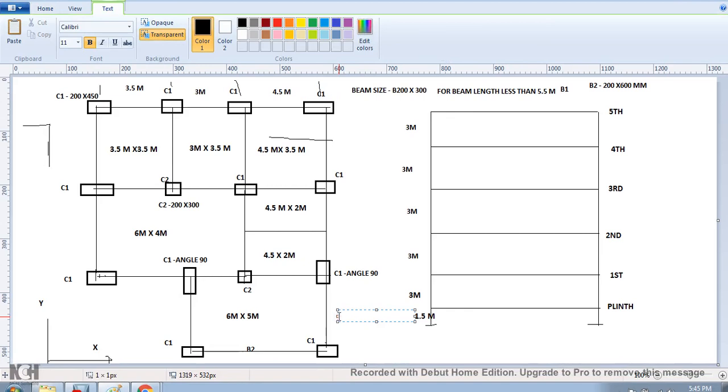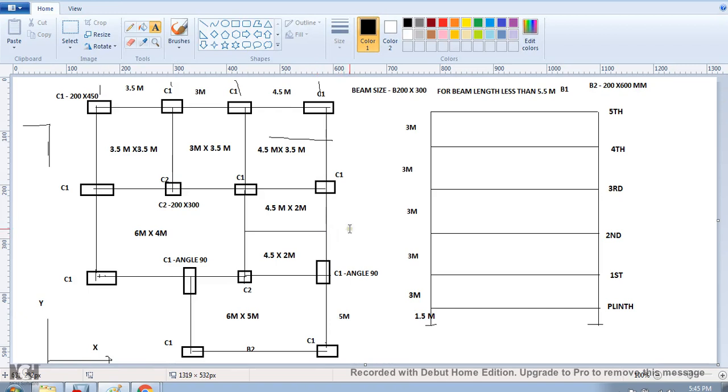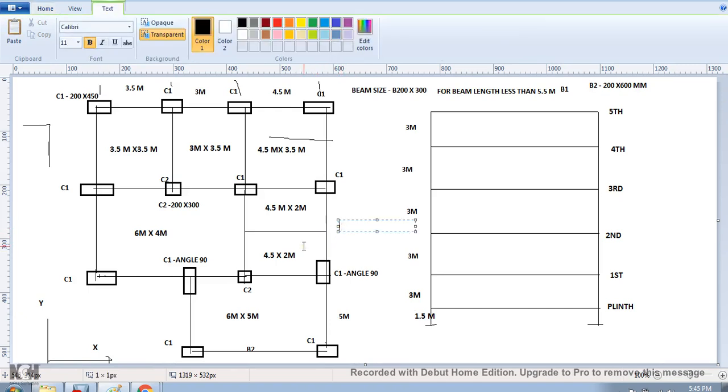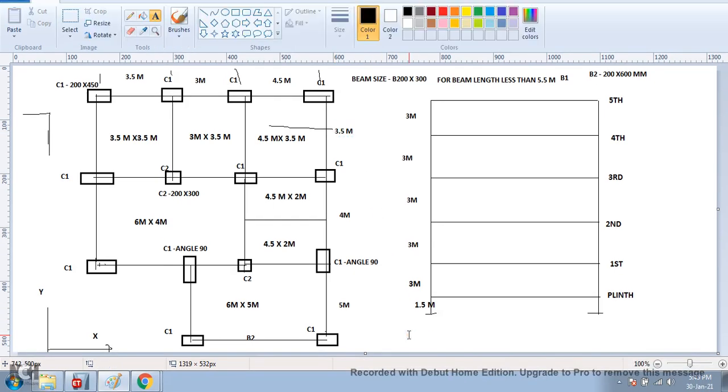From the bottom, the first one is 5 meter. Here I am taking it directly, I am not considering one more grid here. 4 meter. Next here it is 3.5. Okay, this is my plan. We are going to execute it. One second, I will take a snapshot so that it is easier to do.